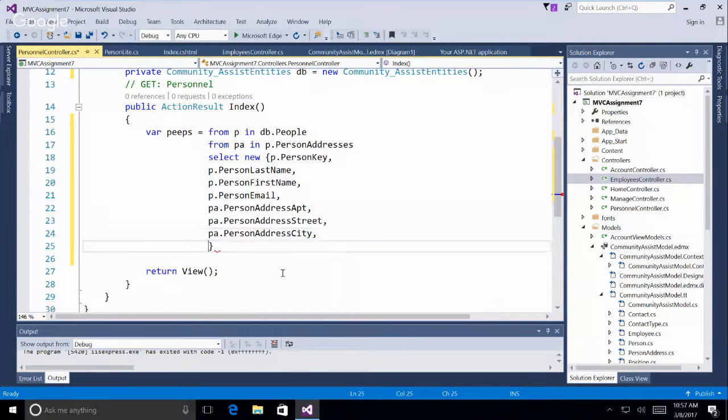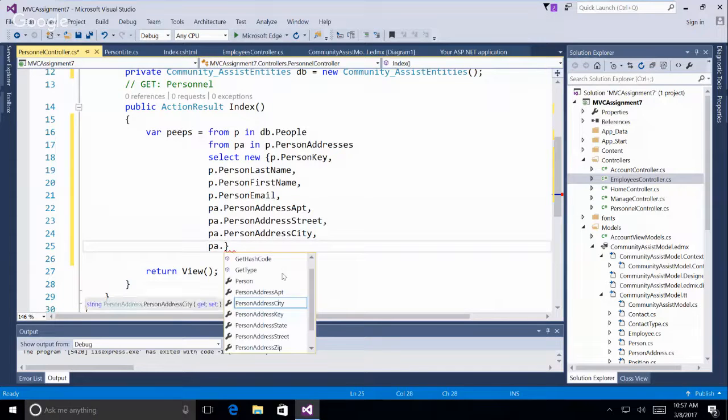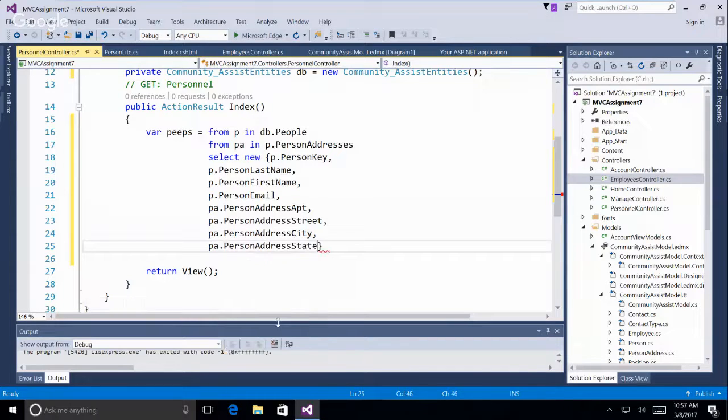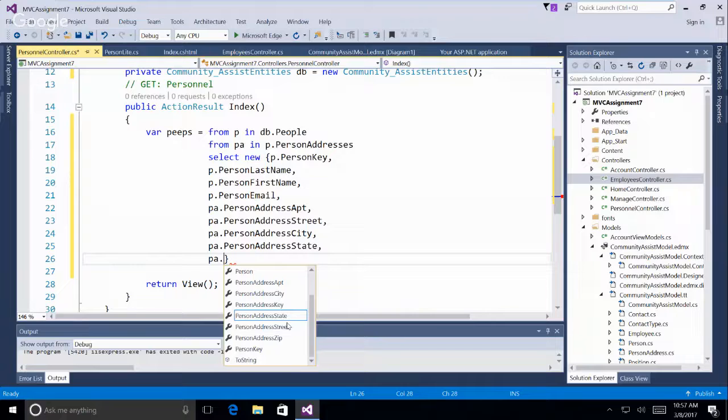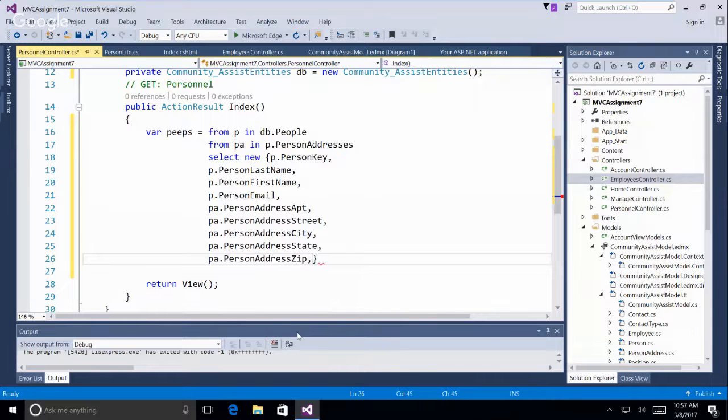This might be too much. It's going to be a little bit of an ugly page. Do we want to include maybe their home phone? PA address zip. And we'll do, so home phone would be